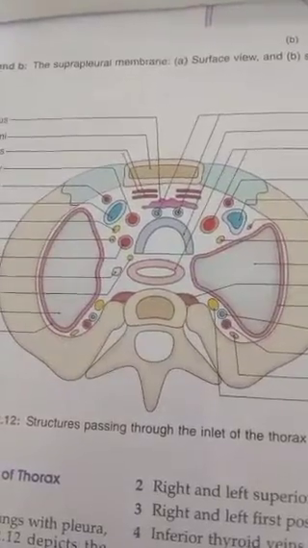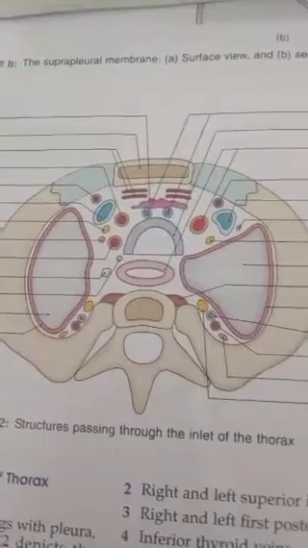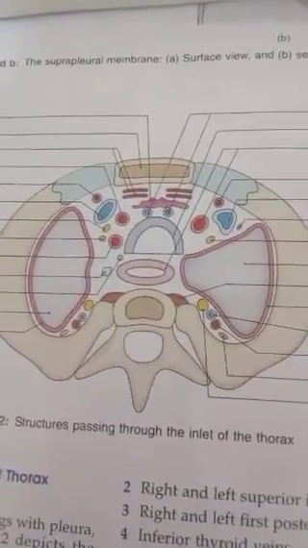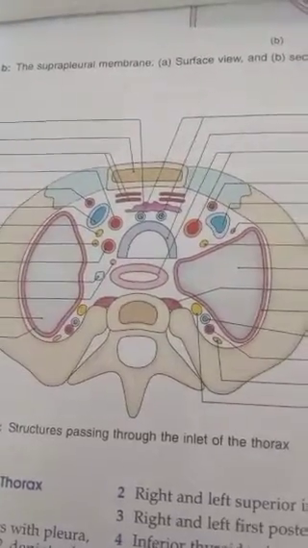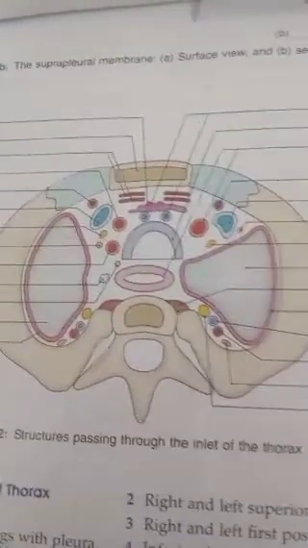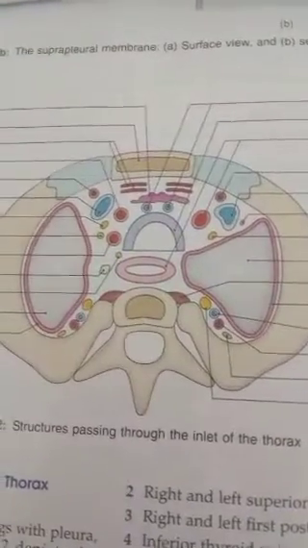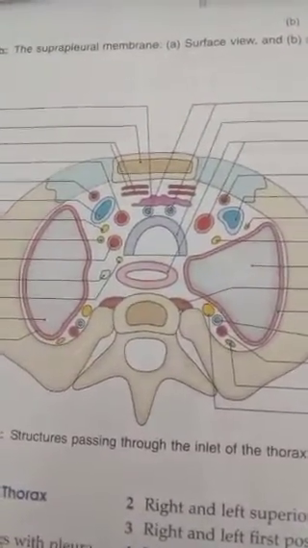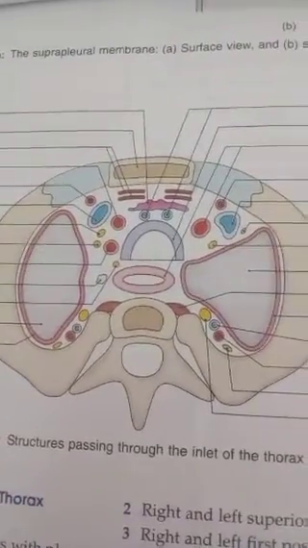Compression of the structures passing through the thoracic inlet may lead to thoracic inlet syndrome. The structures may be compressed due to a cervical rib, abnormal insertion of the scalenus anterior muscle, or some tumor or mass. The important features of this thoracic inlet syndrome include venous engorgement and edema of the face and upper limb on the affected side,